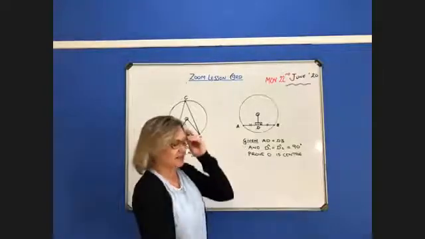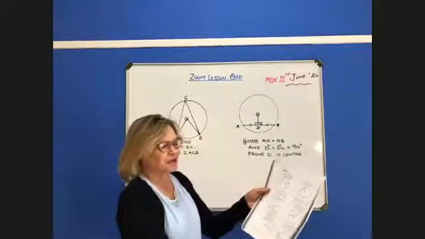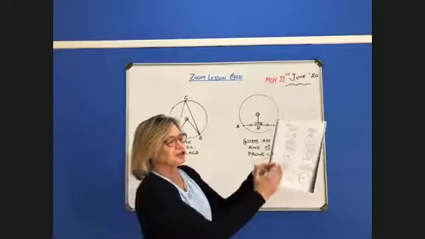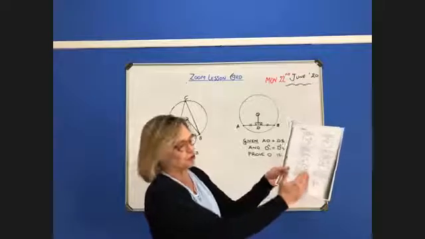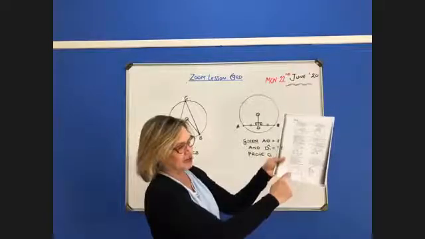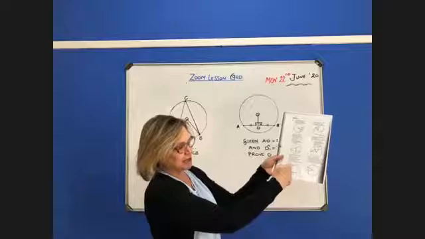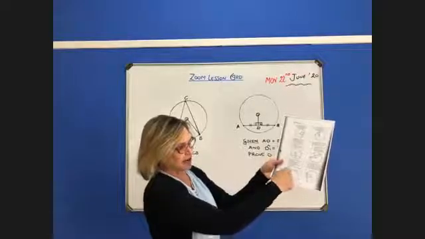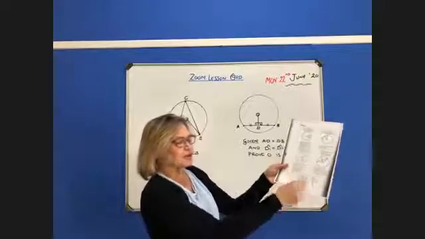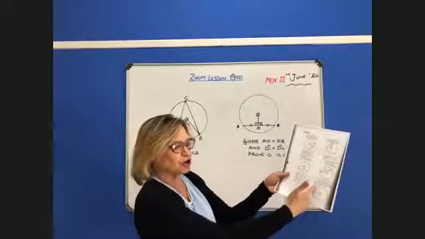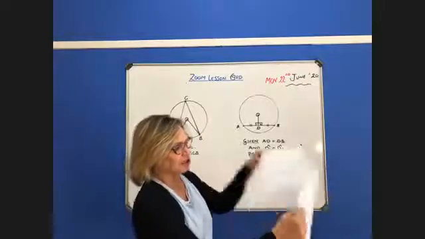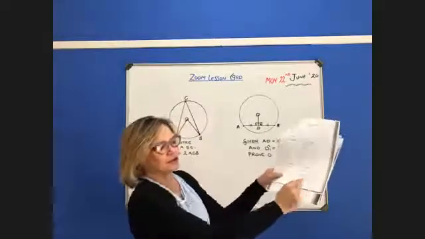If you remember, I said for homework last week, maybe Thursday or sometime, try these guys. This one was interesting. If you look at the memo, you'll see it wasn't as hard as you thought. Because if you join A to O, it's a radius. And you know that a square has 90 degrees. So if you let that be X, which they told us to, you'd see that that would be X. So it was a very interesting question, the memo's there, but I just wanted to show you this. When I sent you the memo, I just said, I'll explain that reason on Monday